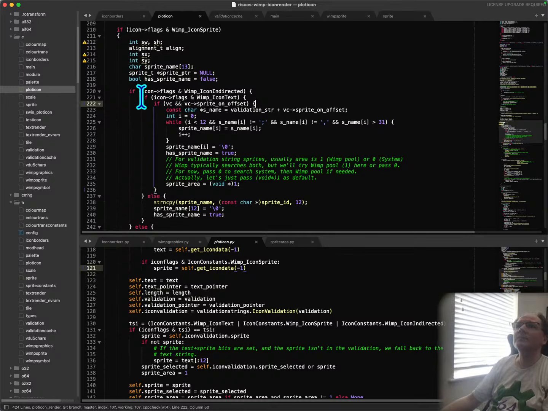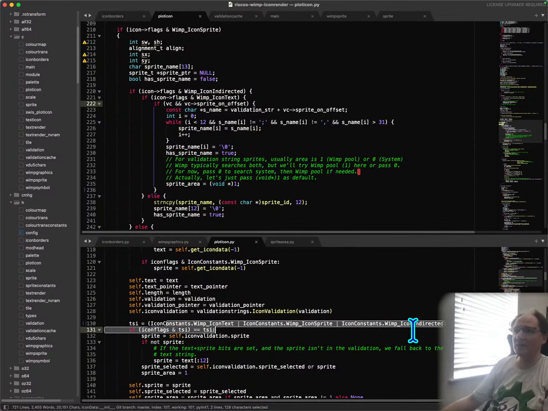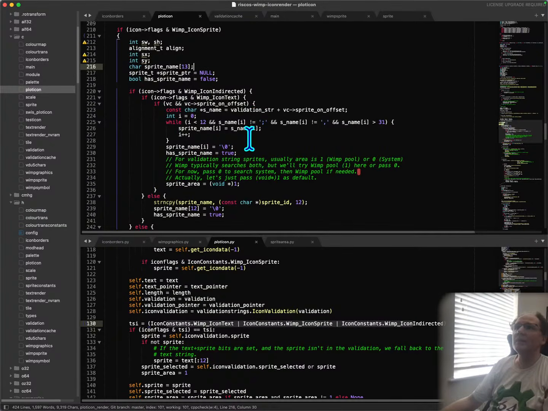Here we go. So if there's a sprite and it's indirected and it's text, that's this condition here, TSI. We're going to copy it into sprite name here. But this, if you have a sprite on offset,